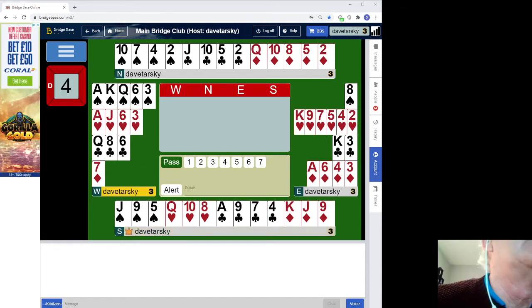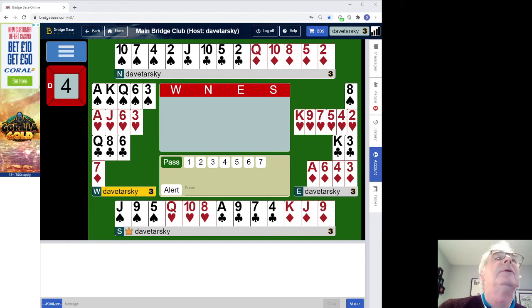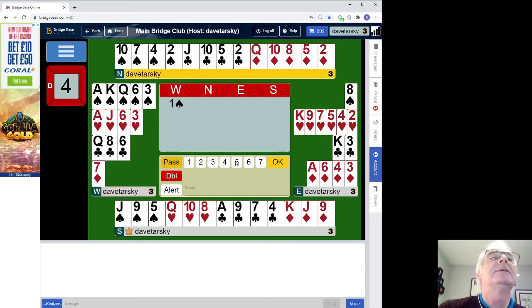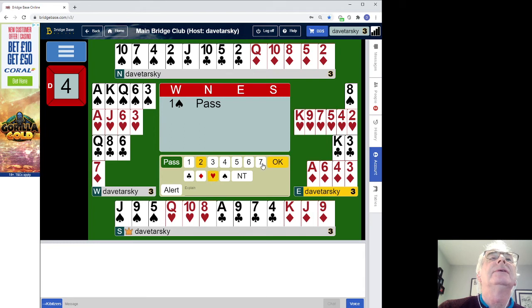Right, hand 3, there's already a video from Andrew, so I'm going to be looking at hand 4. So hand 4, 1 spade by west, pass from north, just about enough for 2 hearts there, 4, 7, 10 points and a decent suit. 2 hearts,